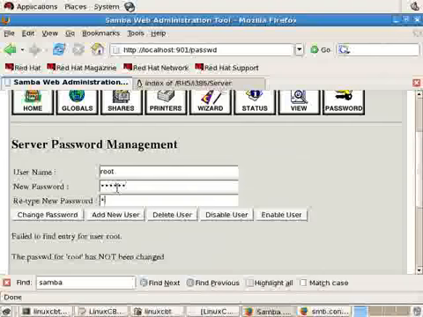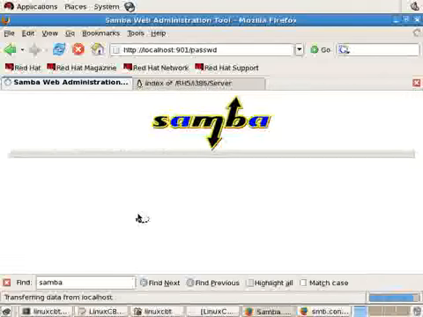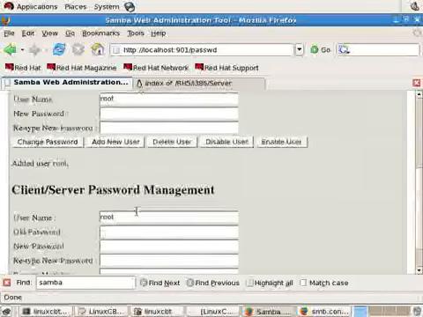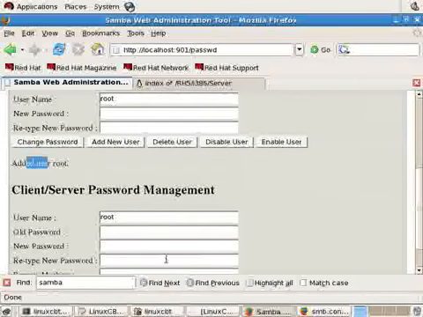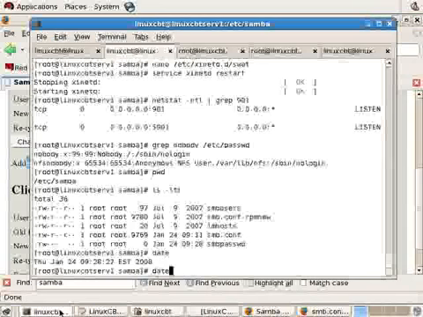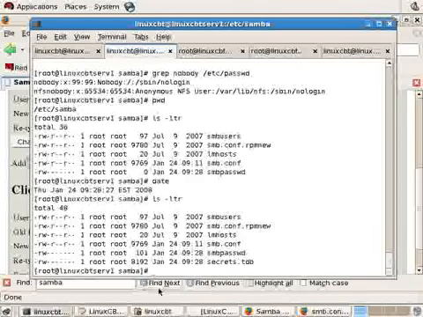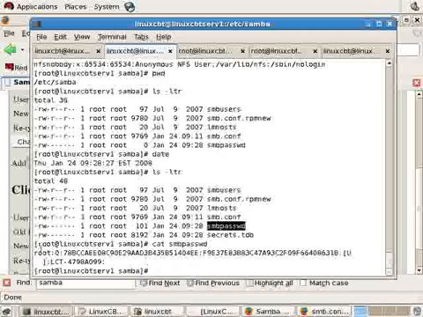If we go ahead and indicate the password that we'd like to set for the user, simple ABC123, click on Add New User, and then it says below Added User Root. Perhaps this should be bolded so it's obvious. Then return to the shell and relist the contents of the directory. We now see that smbpasswd is 101 bytes, and when we cat smbpasswd, we'll see it contains the